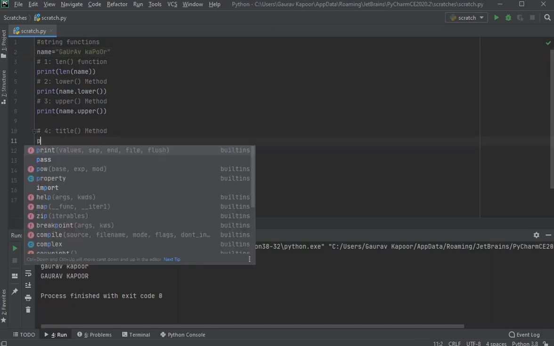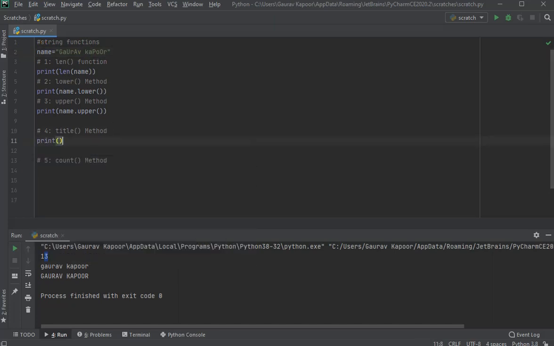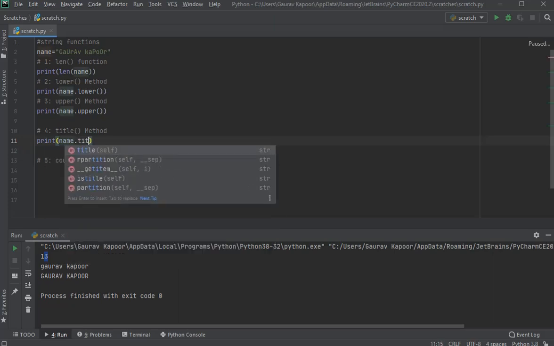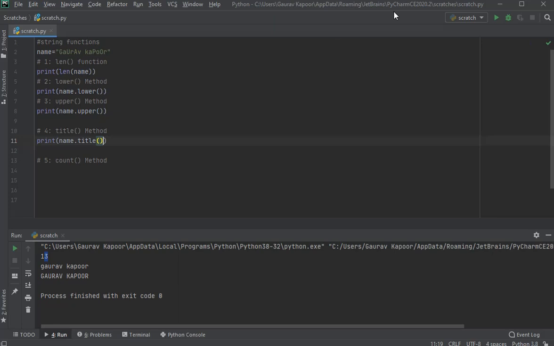Let's see it. I'll simply give print variable name dot title and we'll execute it. See, G and K are converted into uppercase, the remaining entire part of the string is converted into lowercase.